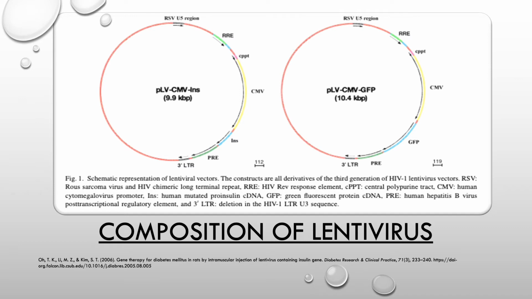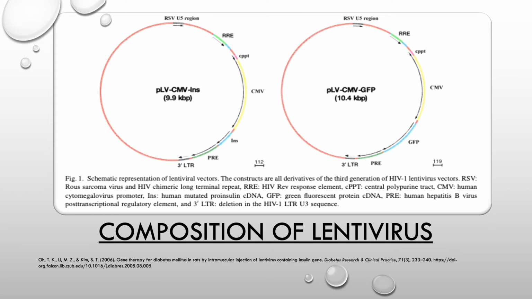So I show you this figure because there are two differences in the two compositions of the lentivirus. The one to your left is called PLV CMV insulin, and the one to your right is called PLV CMV GFP. The difference between the two is that they have different segments, as you can see, different colors around the circle,